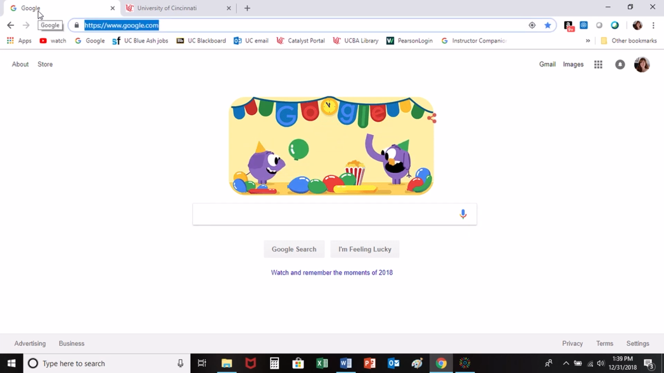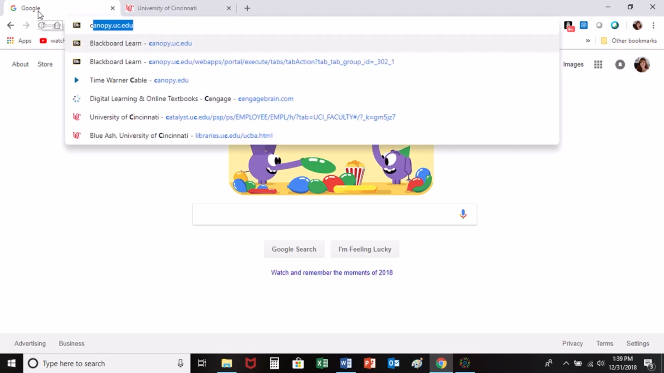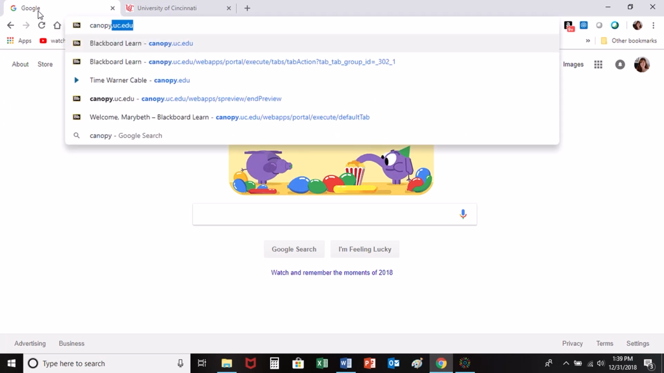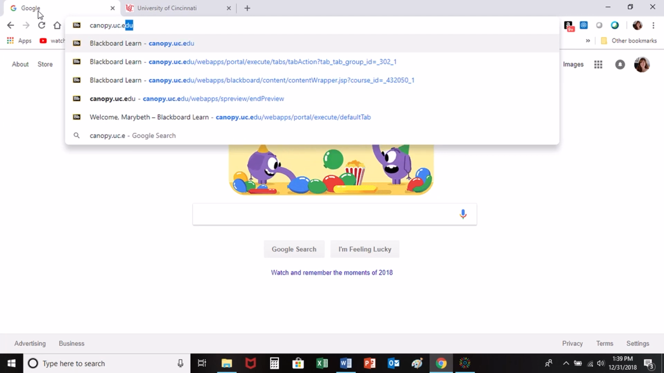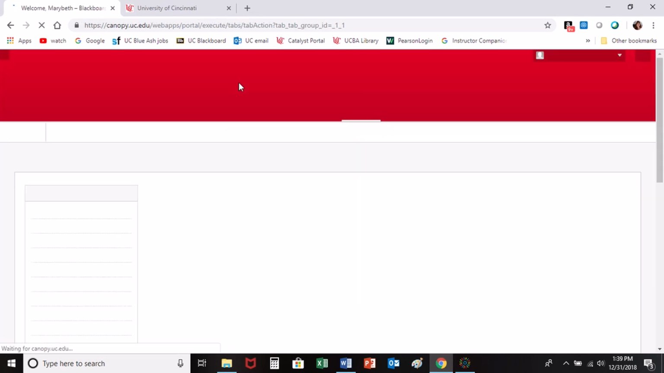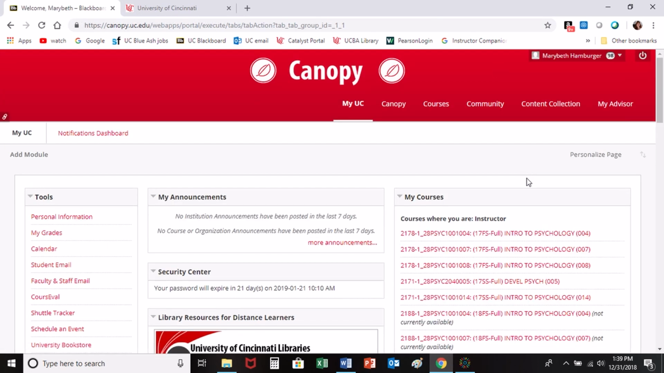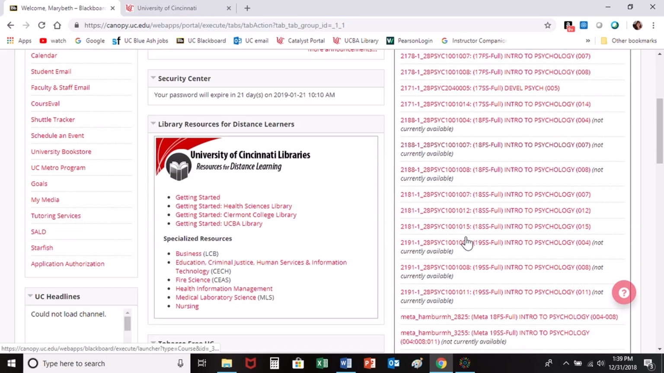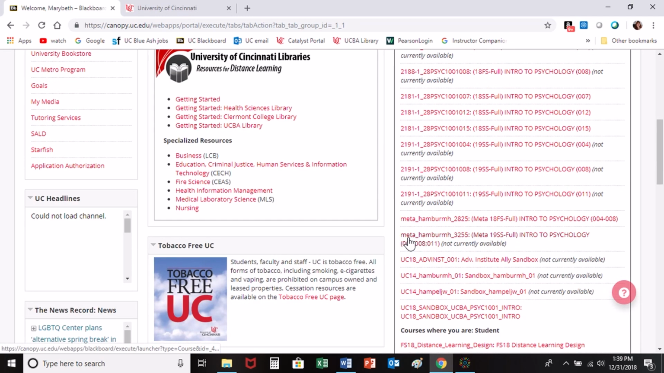In order to get to Blackboard, which is UC's online platform for all learning materials, you have to go to canopy.uc.edu. At this point, you will get to a home screen that looks something like this. It will list all your courses over here, and you need to find the course that is titled Meta Hamburger MH 3255 Meta